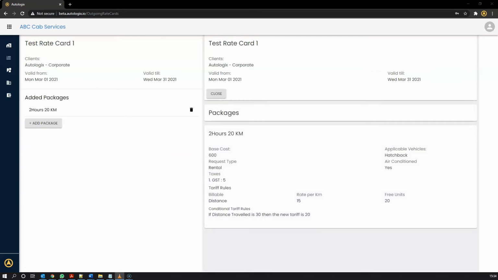The same procedure needs to be followed to create a new package in the same rate card by selecting Add Package.